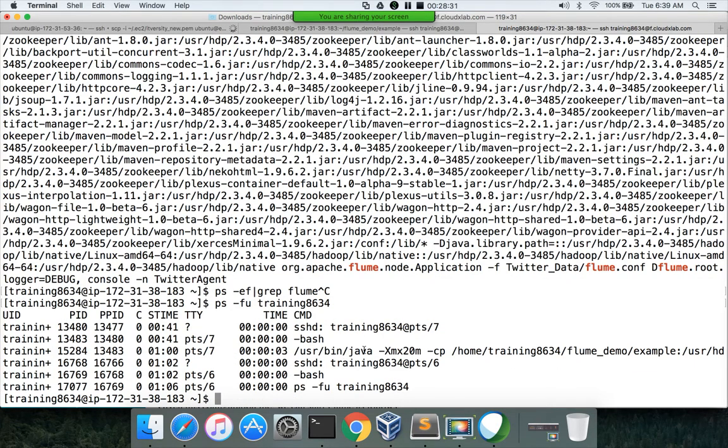You can see a Flume example is running here. And then the netcat service. I think this could be the one. I don't know which one. No, none of these are netcat services. So I think netcat is running as part of the Flume agent itself. Anyway, this is the end-to-end demonstration of a simple Flume agent.